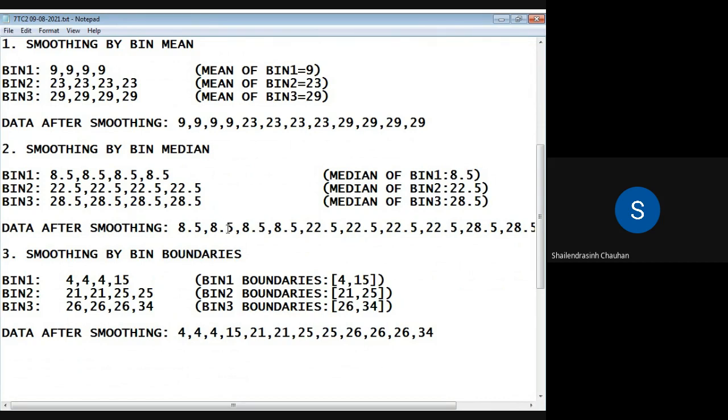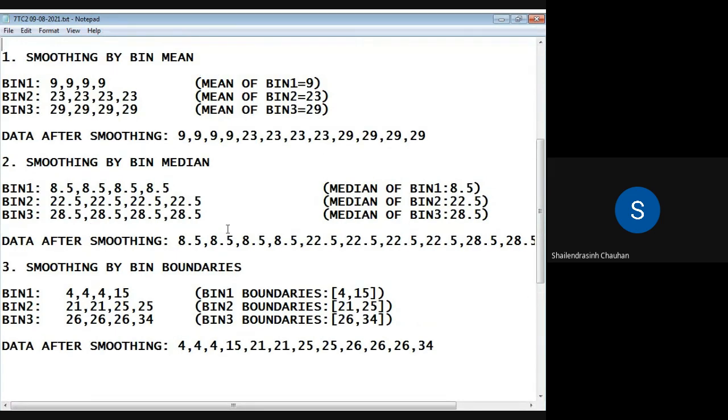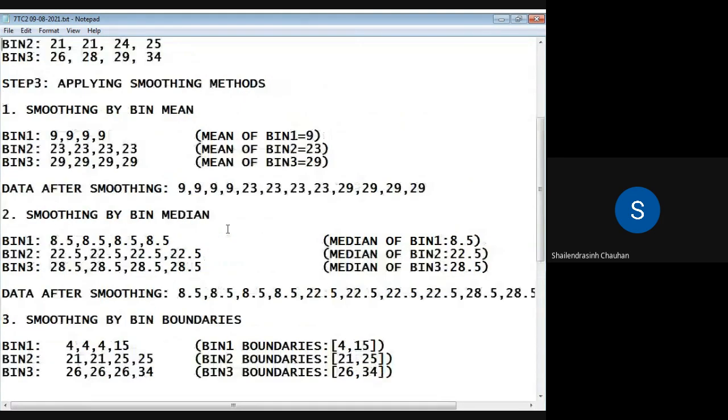This is the method for some other kind of data. Let us say you have an even number of values here. How to deal with an even number of values for smoothing, that we have discussed. Okay, fine. Till now we have discussed how you can create bins with all the steps again.